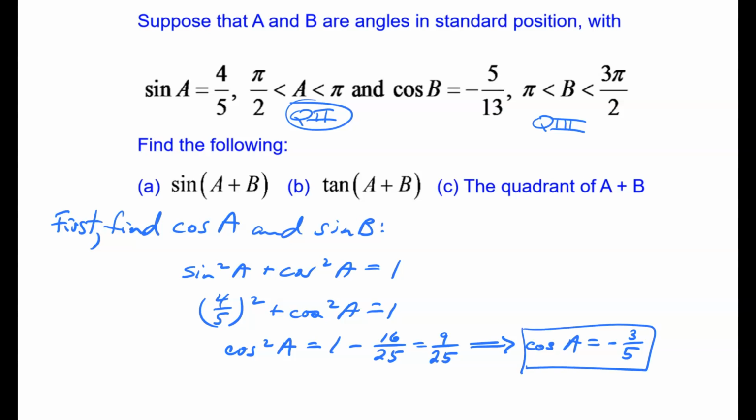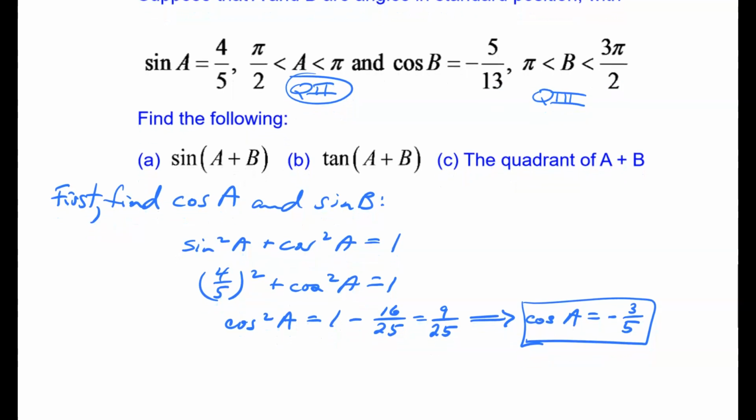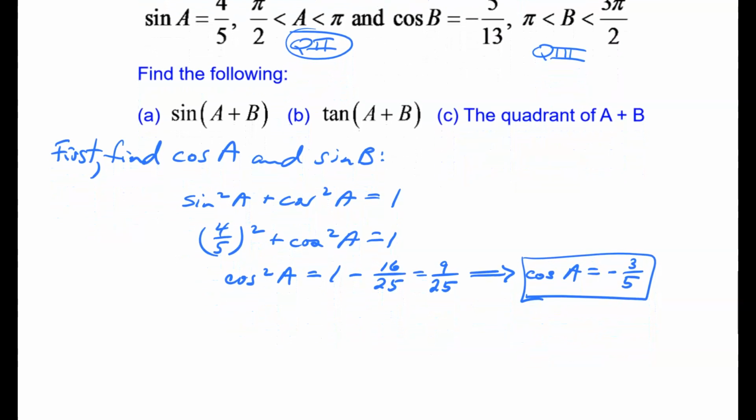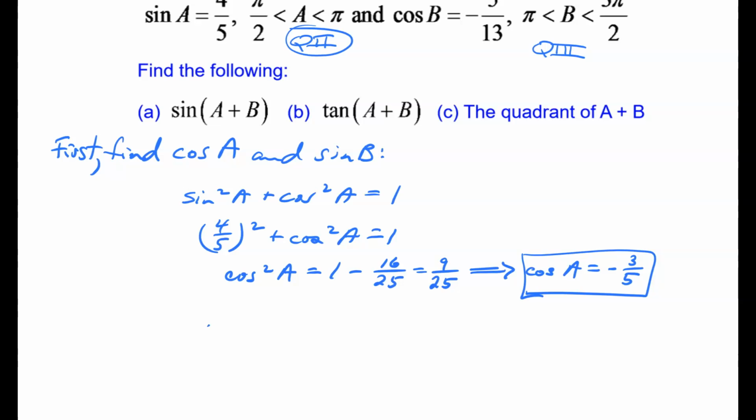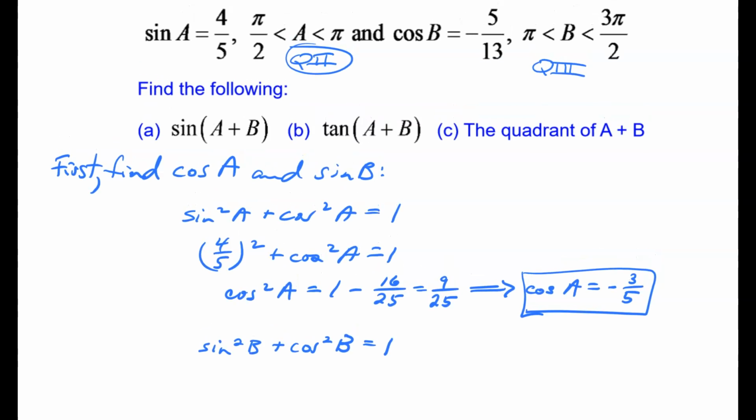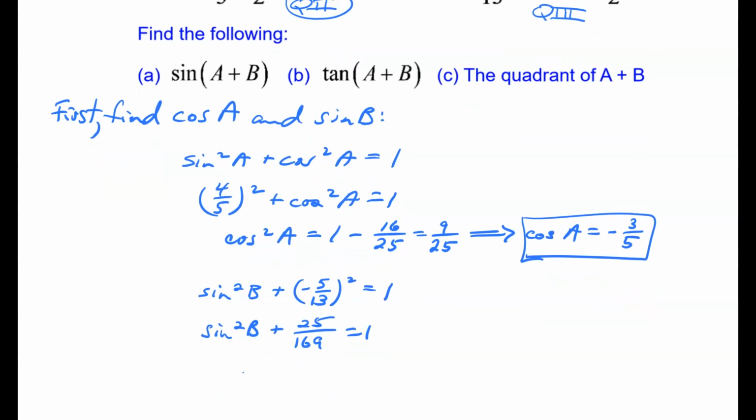So here's an important piece of information. The next thing we're going to do is we're going to find out what the sine of b is. And so similarly to what we did a moment ago, the sine squared of b plus the cosine squared of b is 1. But we know the cosine of b is negative 5/13, so I'm going to replace that. And that gets squared. That gives us sine squared b plus 25 over 169 is 1,